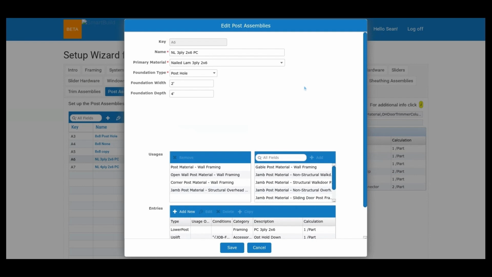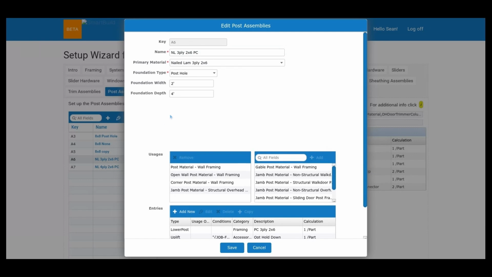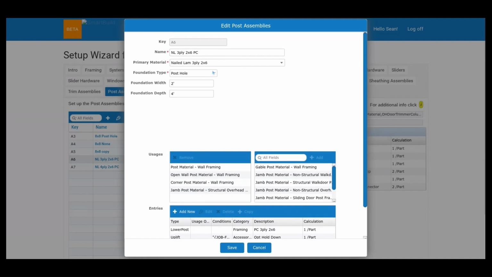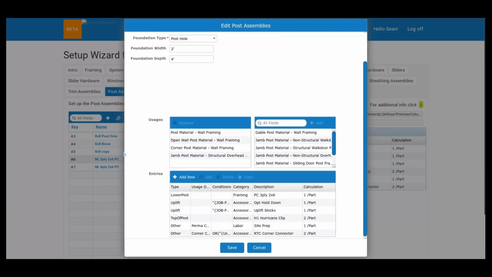But there are some new things here. And so I'll point those out and then we'll get into the job and you'll see how these work. And then again, for more detail, there is a full video on the post assemblies. But as you can see, I have one here that is really kind of geared around a permacolumn type product. And this one is for a 3-ply 2x6 nail lam kind of product. So I have my primary post material, and then this is the name of the assembly here, which gets into what's involved with this particular permacolumn type of